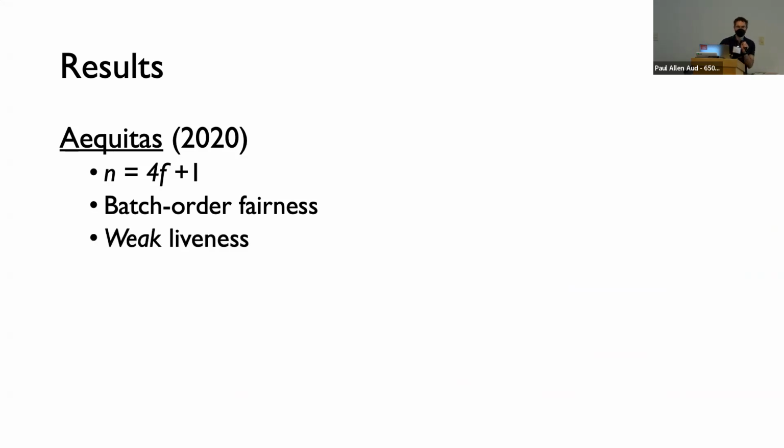Unfortunately, Equitas, in order to output the transactions in a Condorcet cycle, has to see the whole cycle. And as I said, cycles can be arbitrarily long. So you can get these delays in processing transactions. And so you don't get the standard notion of liveness that comes with most consensus protocols. You get a weaker notion that we refer to as weak liveness.